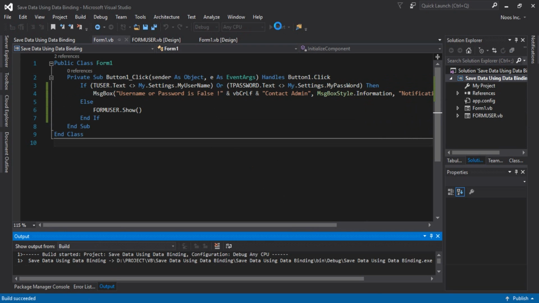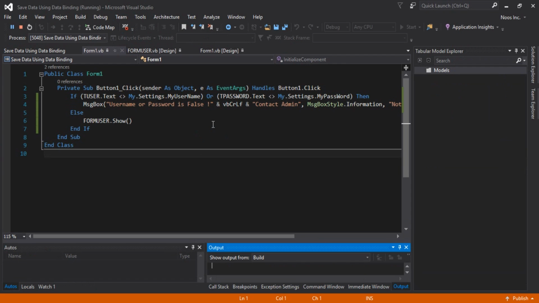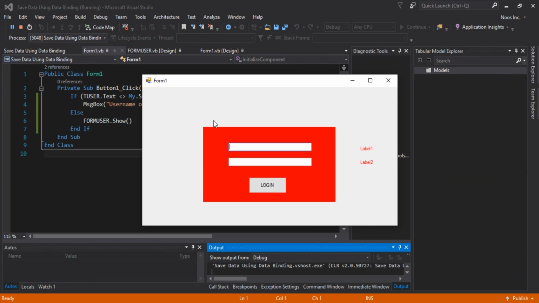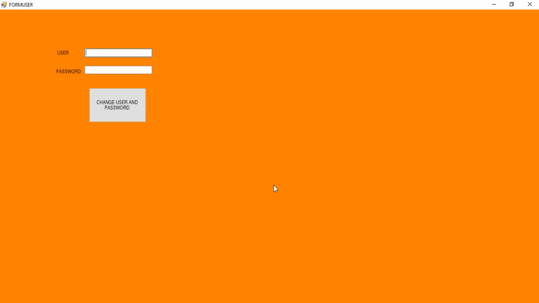before I set a data binding. The logic is if the user inputs my username and my password in data binding is empty. So if I click login, guys, it will show change user and password. Okay, and then